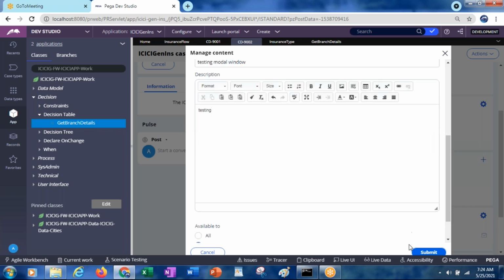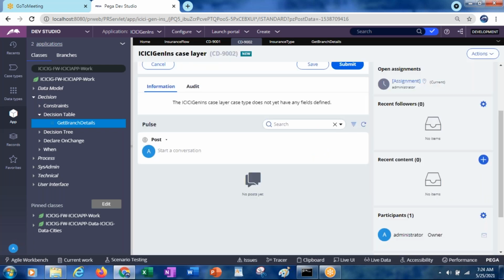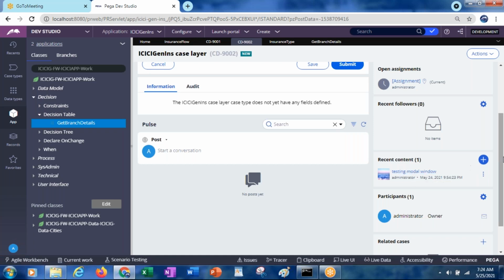Then you can submit it. Once you submit, this attachment will be added to the work object. See, under the recent content, you got that: the file which you attached, with the title which I have given.